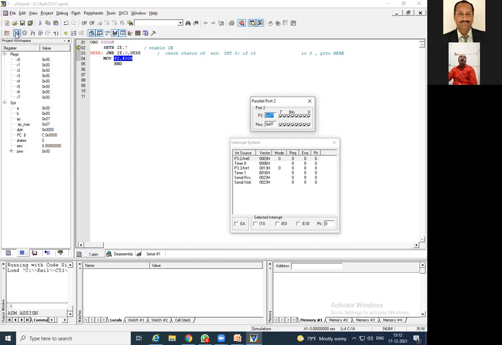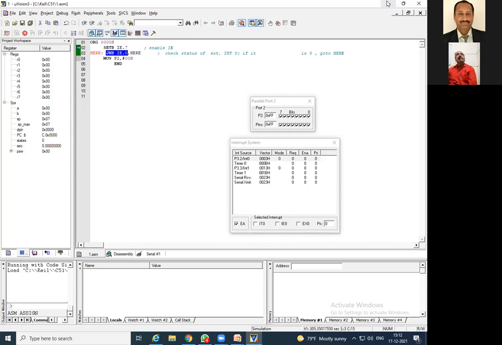Now if you run, you will come to know how it works. Just see carefully towards port 2. When I click on this EX0, why particularly EX0? Because if you see the code, JNB IE.0. IE.0 is nothing but the first bit of the IE register.